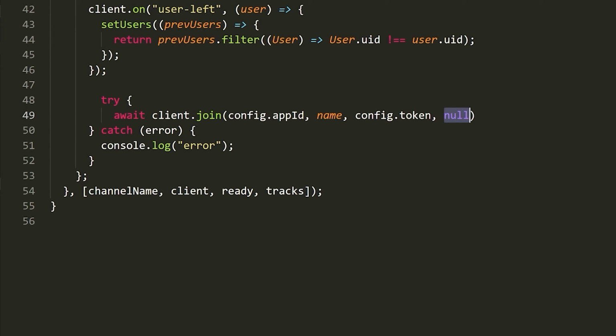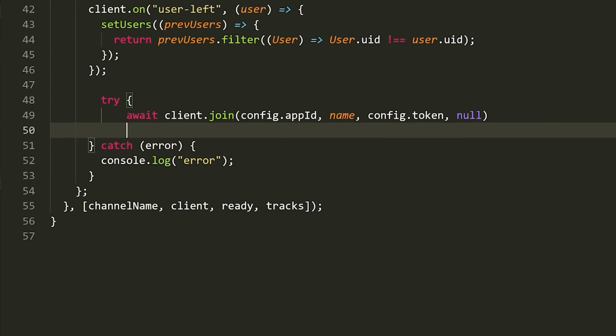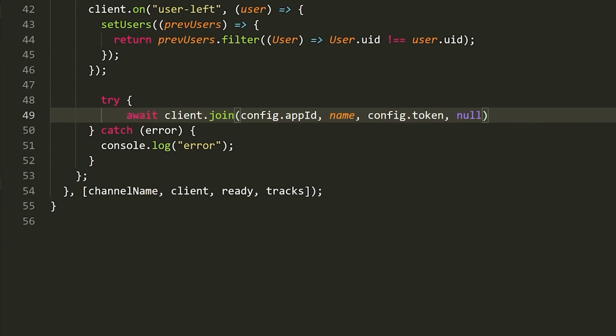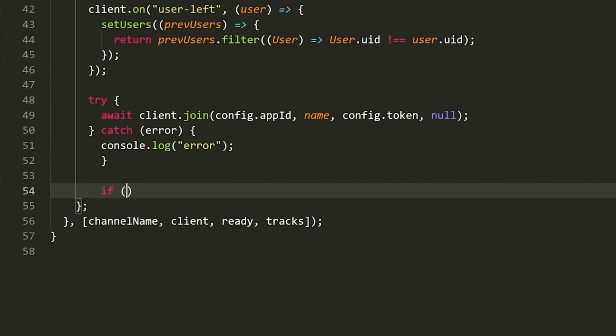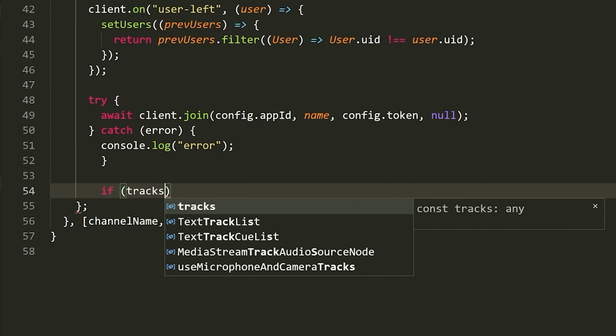But this parameter here is really the UID. Now it's required, so we have to pass something, so we pass null. But when you pass null, it will automatically generate the UID of the user. Don't have to worry about it too much. Again, it's just kind of the ID of the user. We could set it if we want, but we're not going to do that. Okay, so we've tried that. We've logged the error. The reason we're trying it is because something could go wrong here and we don't want to crash our program. And so now what we're going to do is we're going to say if tracks, we're